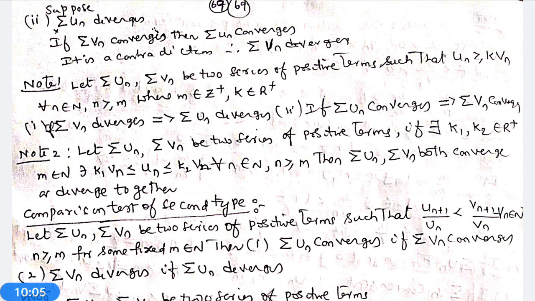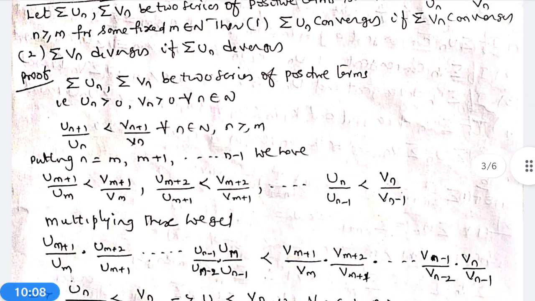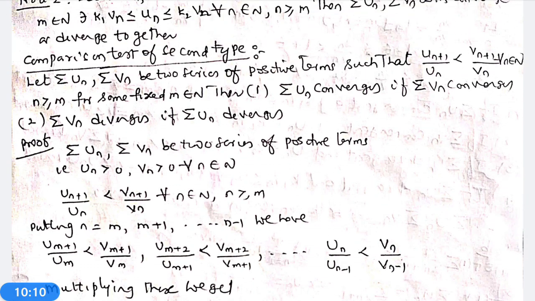Now the comparison test of second type. Let Σun and Σvn be two series of positive terms such that u(n+1)/un < v(n+1)/vn for all n ≥ m, for some fixed m belonging to N. Then show that first, Σun converges if Σvn converges. Second, if Σvn diverges,